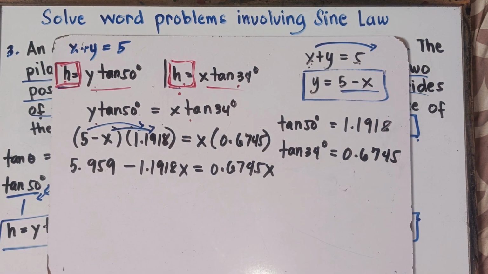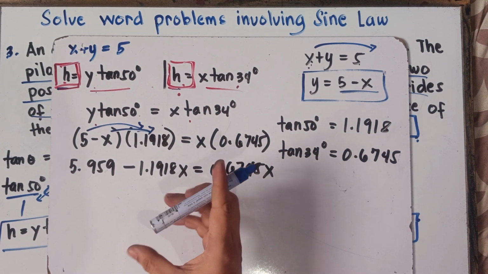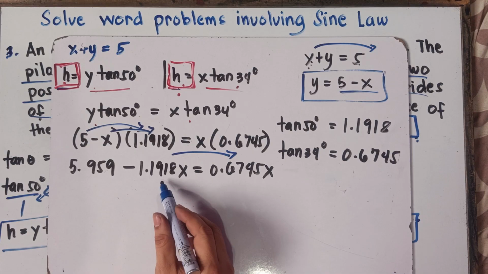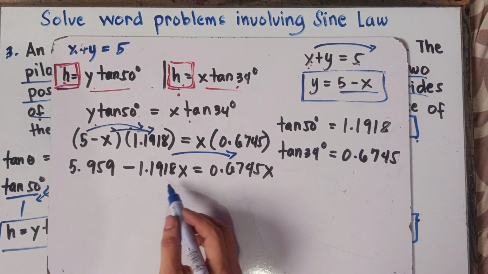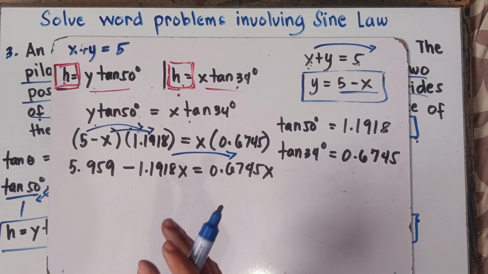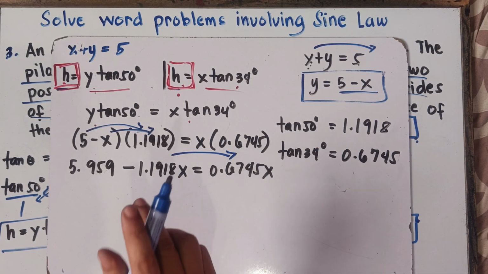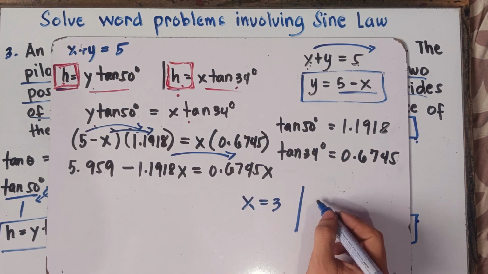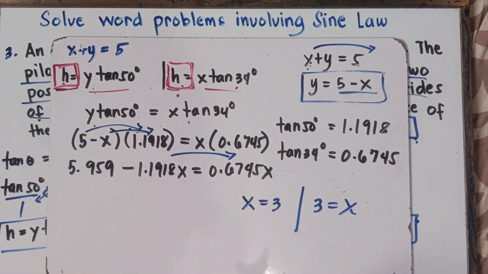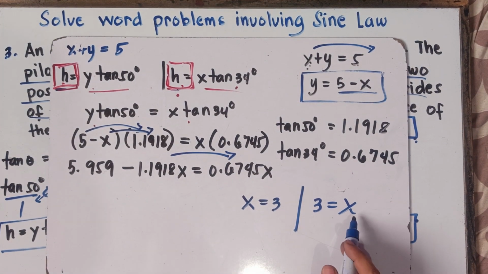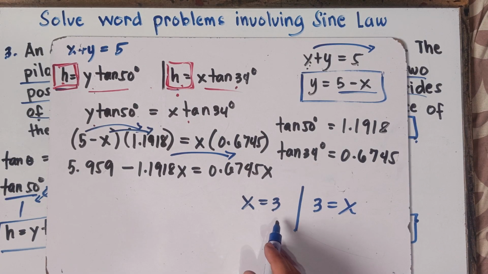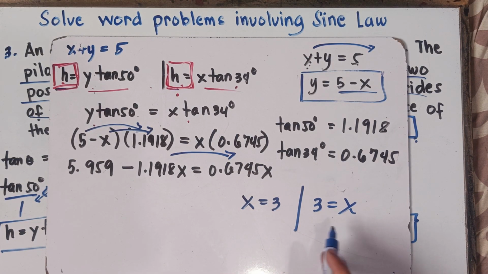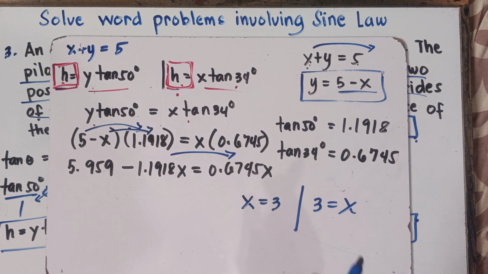Alright, and then to get the value of x, we simply transpose this one from left to right. Once again, class, simply transpose this x from left to right so that you can combine all x. It doesn't matter, class, if x is on the right side or on the left side. Remember this one, class: x equals 3 is just the same as 3 equals x. During your grade 7, we call this the symmetric property. This is just the same, class.